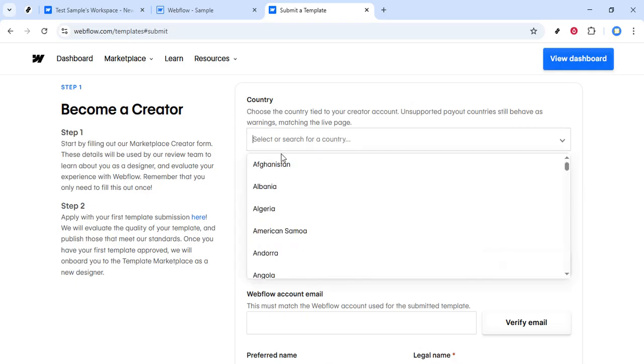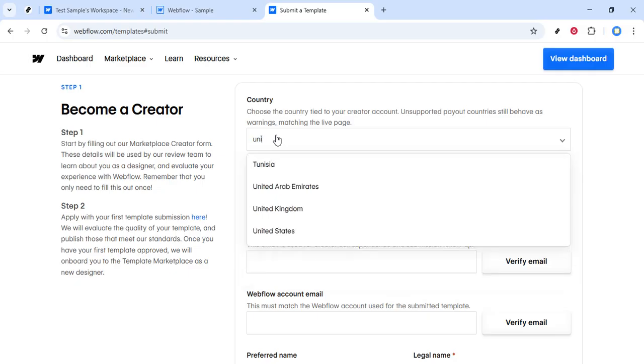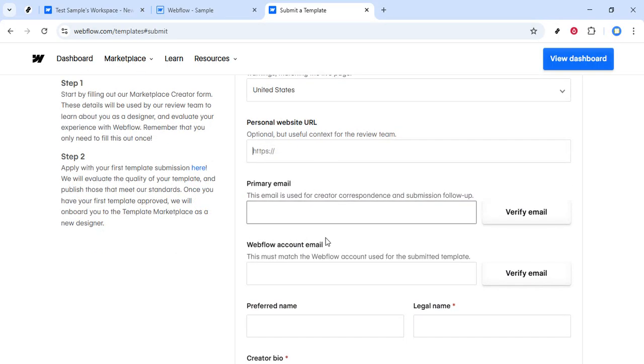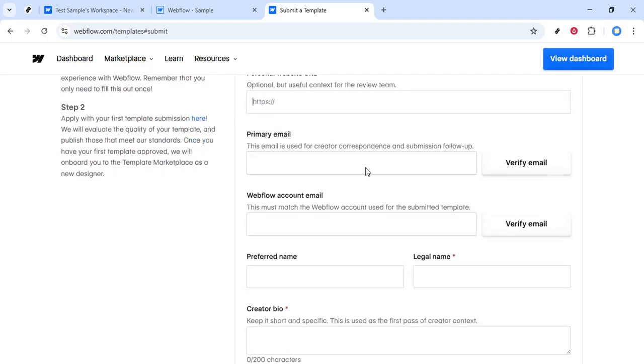Next, it's time to enter your details in the provided form. This step is crucial because it's where you'll describe your template and provide any relevant information that potential users might need. Be clear and concise in your descriptions and make sure to highlight the unique features of your design. This is your chance to sell your template to Webflow's audience, so take your time to make your submission stand